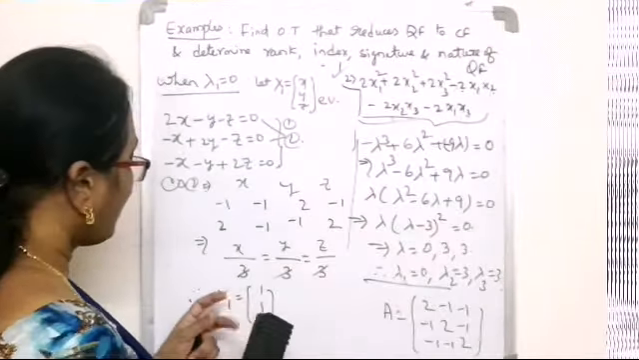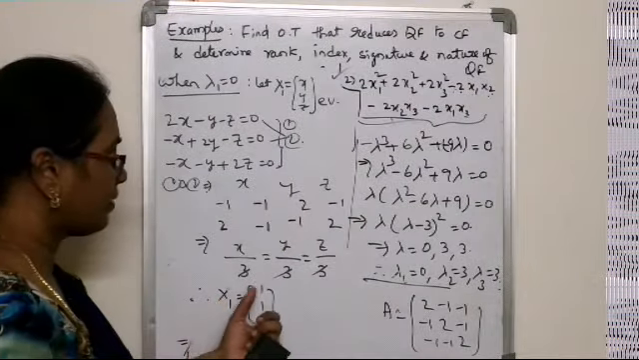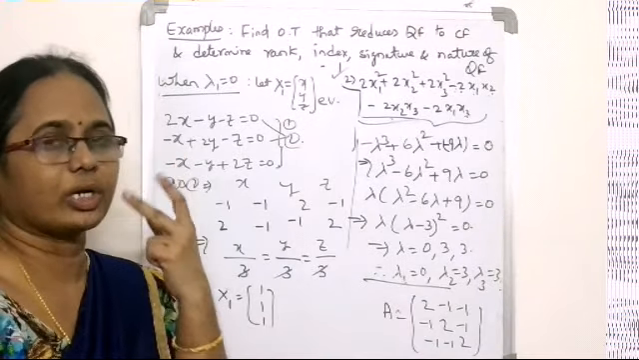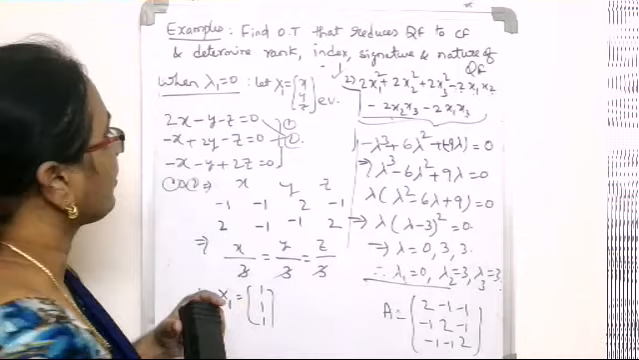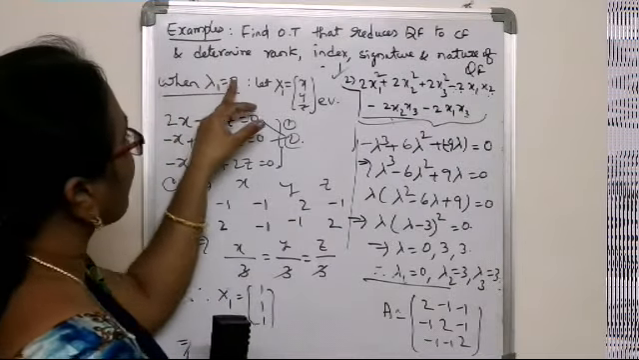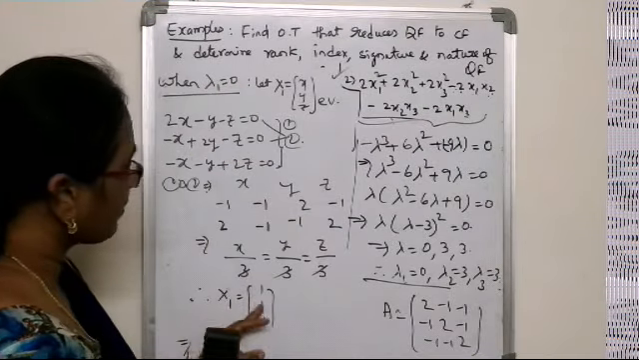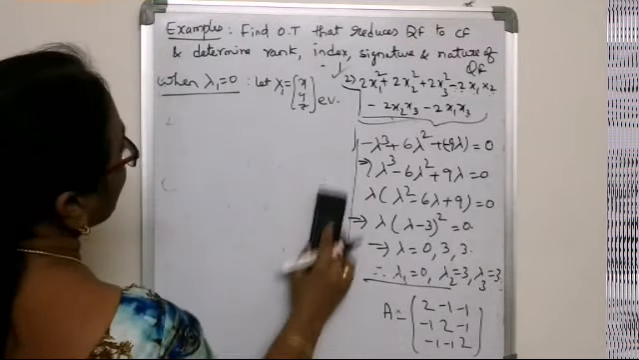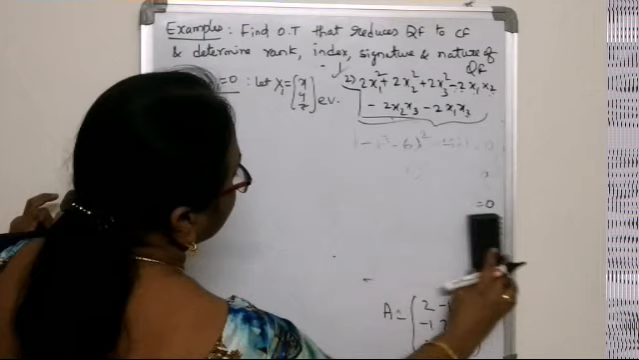Are you following? Is the finding of the first eigenvector 1, 1, 1 clear to all of you? I hope you all are clear with the process we are doing. Now corresponding to lambda 1 = 0, the eigenvector is 1, 1, 1. Please remember. Now corresponding to the second eigenvalue,